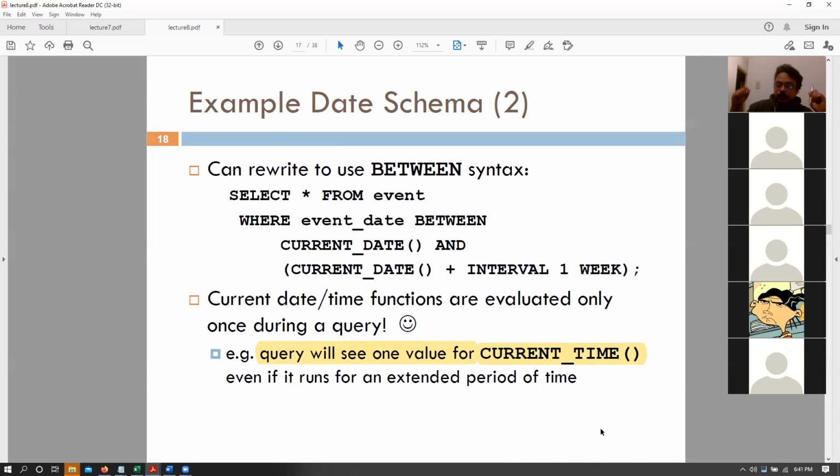In that scenario, always remember that your query would only use the time at which it started running as its current date and time. It will not reevaluate current time again and again, because that would mean weird things. How would you compare results for that? So the first time you have a current date operation, that is the time that is recorded, and for all future current dates within that query, it is going to use that date and time, even if it runs for an extended period of time.